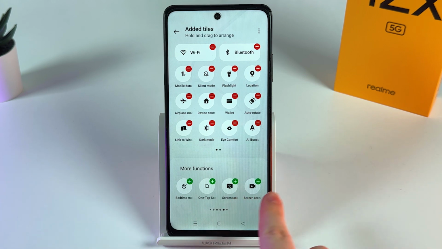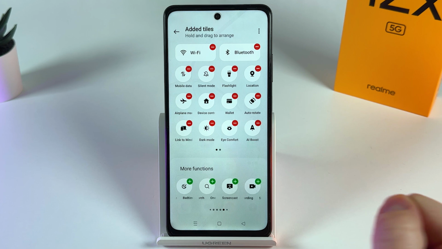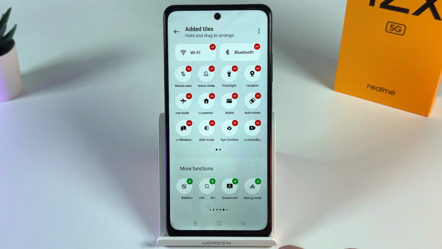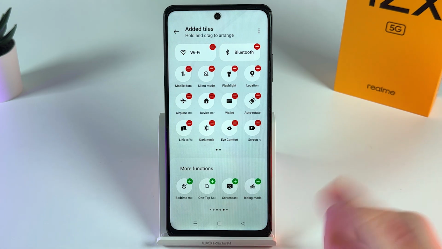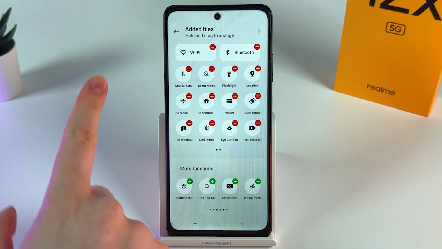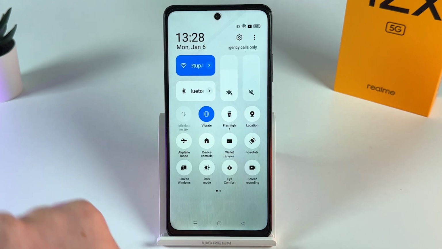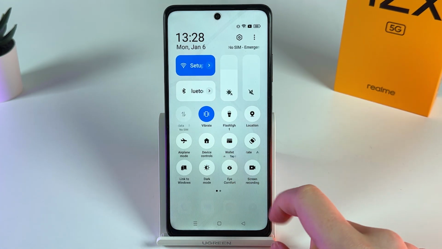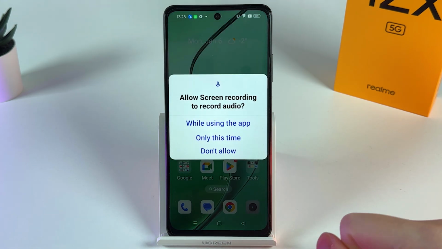Here is how it looks. And now to add it to our quick settings, we would need to click on this green plus and it will be automatically added to the quick settings. So now we can click on this arrow to go back, and as you can see, we got our screen recording here. So if we click on this button, you can see that our screen recording is asking if